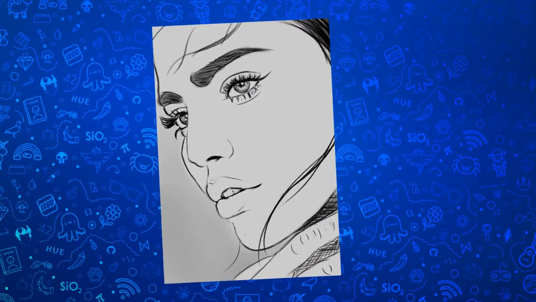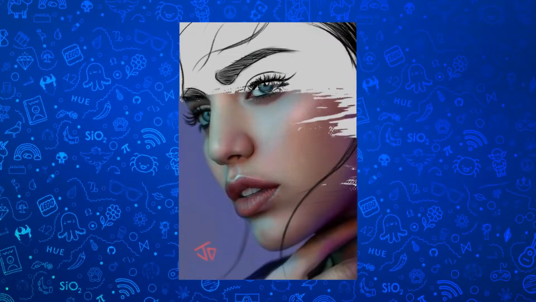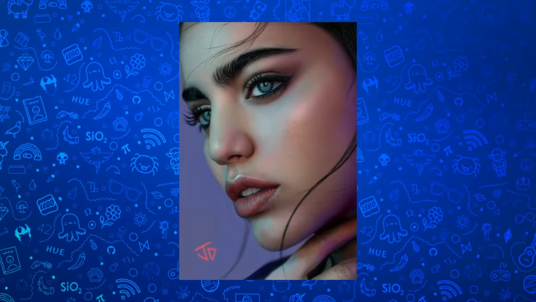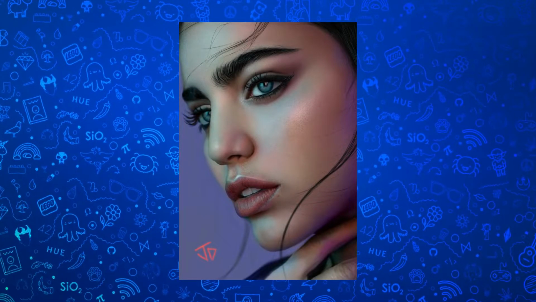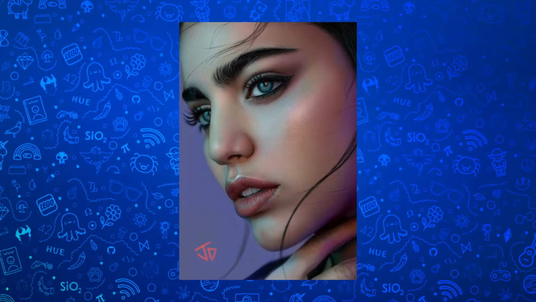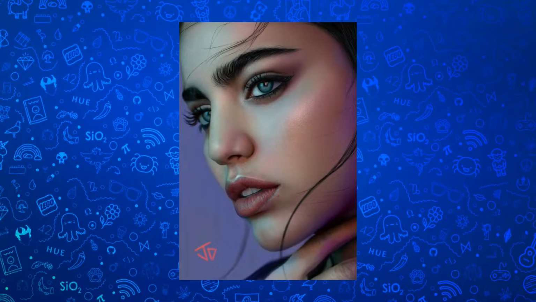Do you want to know how to make a realistic digital portrait like this? This course will tell you how to paint this painting step by step in a non-destructive way. In this course, you will learn all about blocking out values,